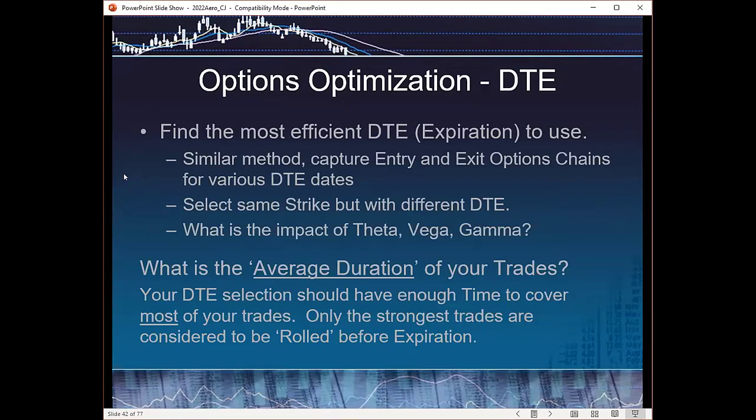Now with weeklies, we have tons of choices, but basically when I evaluate my actual trades and the statistics, I find that the average duration of my trades is between 1 to 2 weeks. So I don't really need to go further out than that. And by staying closer to that two-week target, I actually get a maximum impact of delta and gamma and minimize theta.